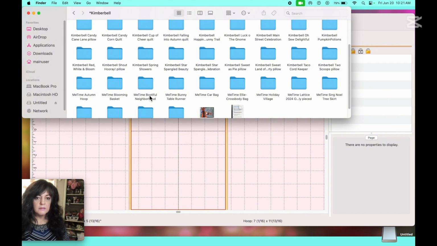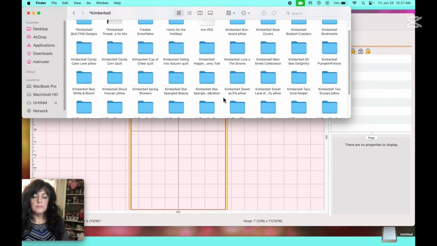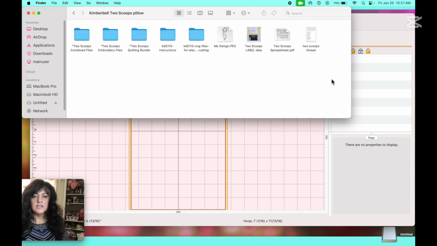You can get the Bella Box, the Hoop Studio, and there are other pieced subscriptions. So I designate which is just Kimberbell and which comes from the Me Time website. For example, I am doing the 2 scoops, and so in my 2 scoops folder